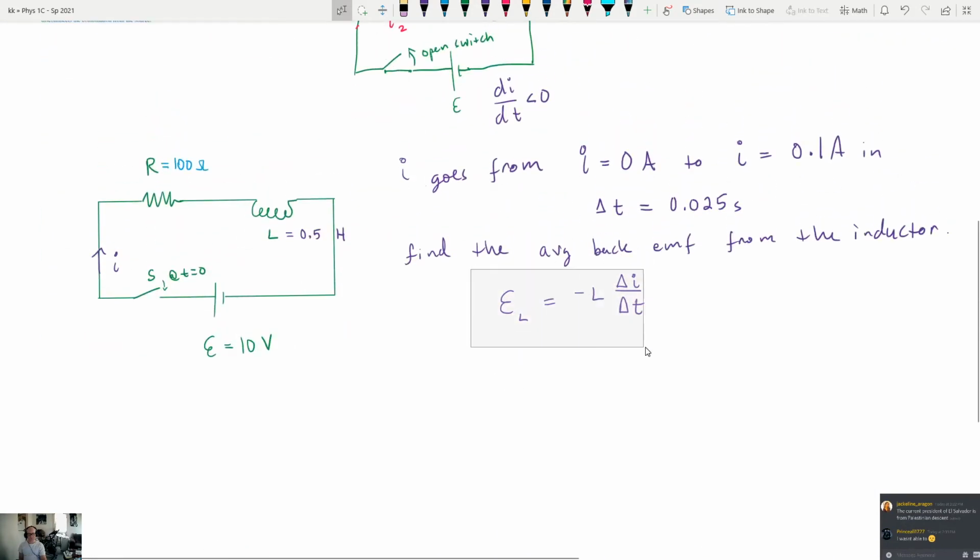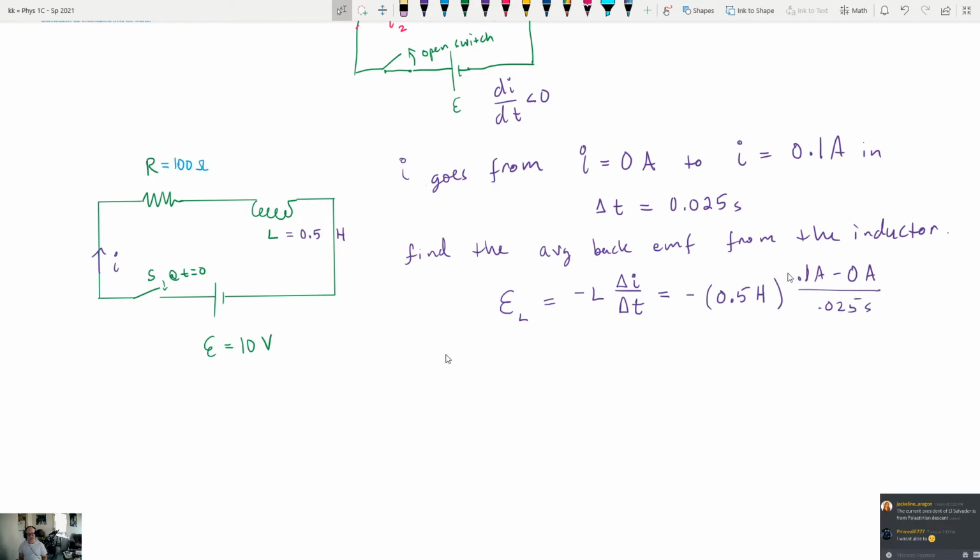So, all right, we'll use this. And yeah, we have all the information we need. So this is going to be equal to negative L, which is 0.5 Henry, times delta I over delta T. So that's going to be 0.1 amps minus 0 amps divided by 0.025 seconds. And we're going to get our back EMF then. The negative sign here just tells you what direction it points. 0.1 minus 0 divided by 0.025